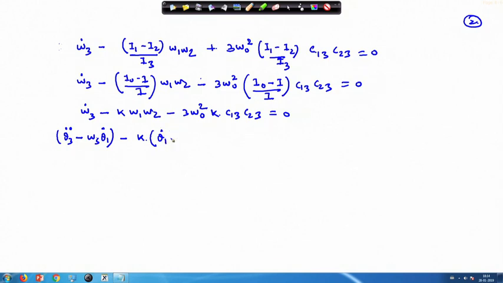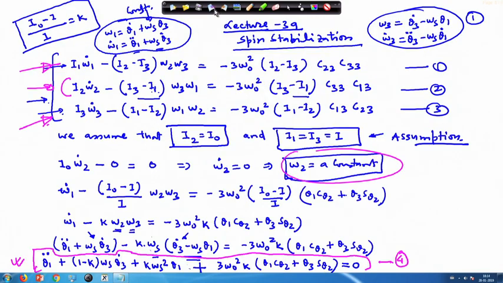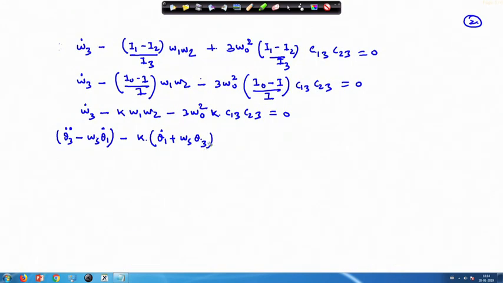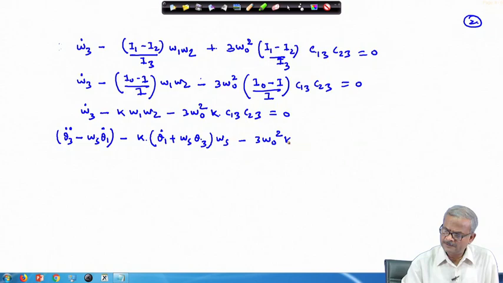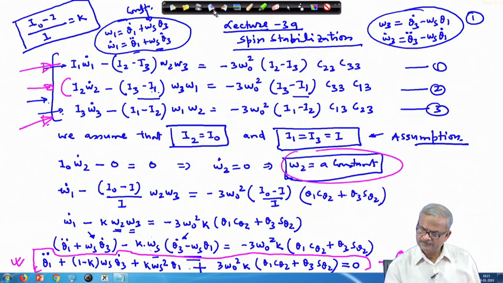So, omega 1 is theta 1 dot plus omega s times theta 3, and omega 2 is omega s. So, we write it like this: minus 3 omega 0 square k C 1 3. So, C 1 3 now we have